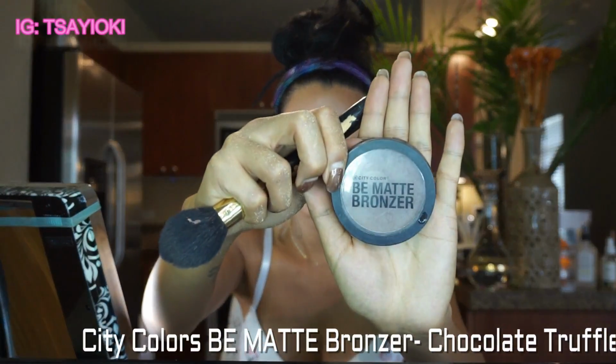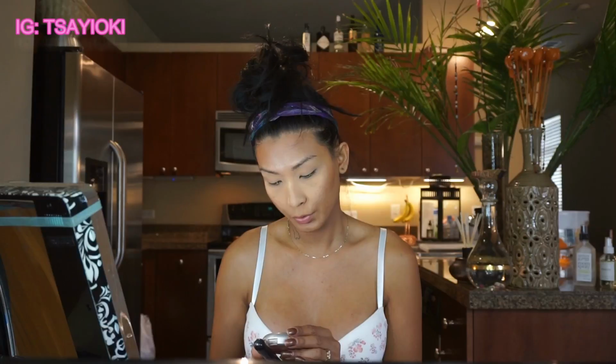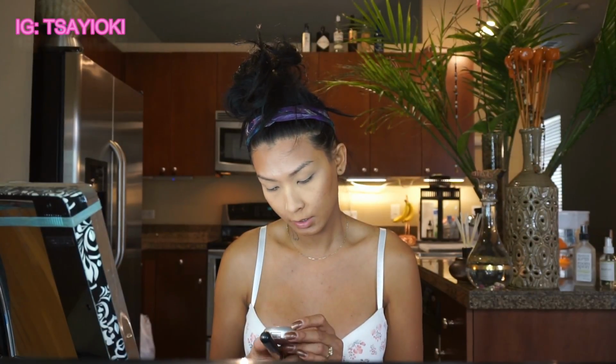And then I like to go in with the City Colors Matte Bronzer. It's a really affordable bronzer, works really well. Contour here and here sometimes. Okay. That looks good. Now we're going to be moving on to this